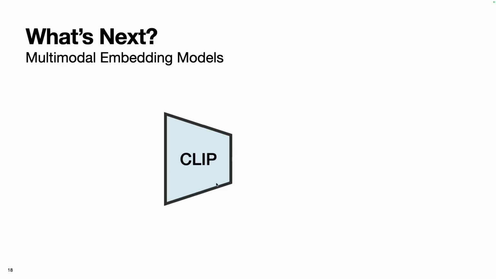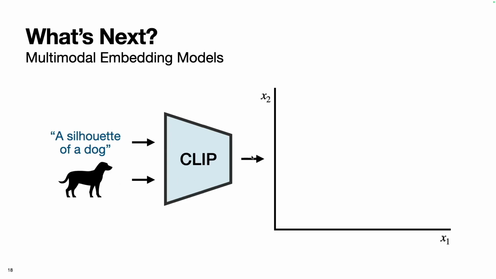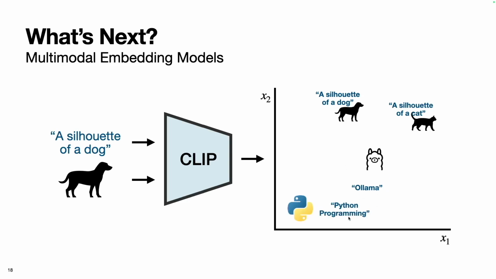And basically the way Clip works is that it'll take in both text and images, and it will represent them in a shared vector space such that the text, for example, a silhouette of a dog, will appear close to an image of a silhouette of a dog. And similarly, the text and image of a silhouette of a cat might look like this. Ollama's logo and the text Ollama might look like this. And then Python programming language would be relatively close to Python's logo. So I'll talk about how we can train these models and what we can use them for in the next